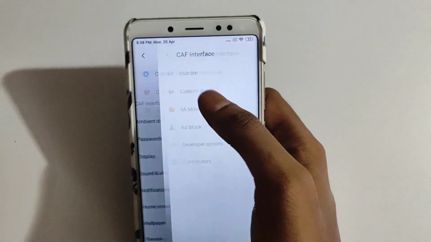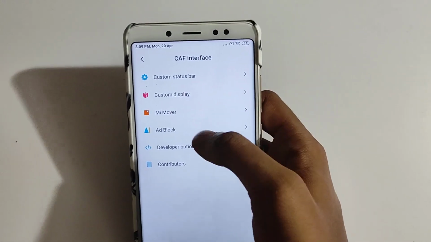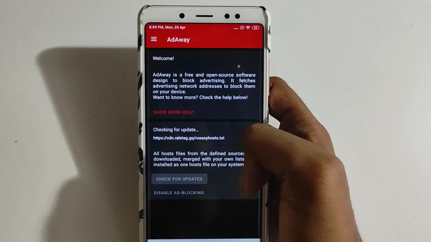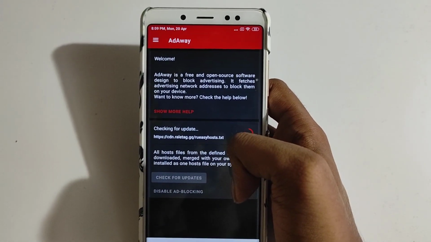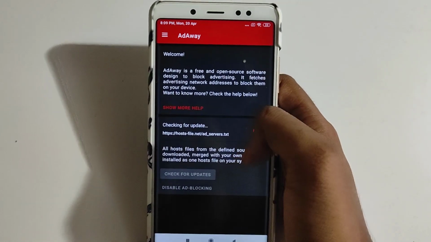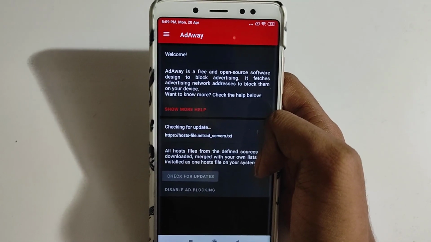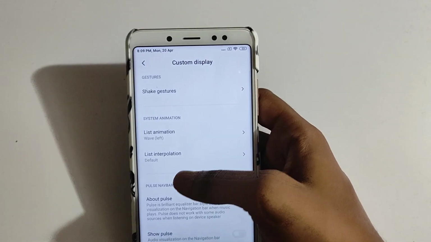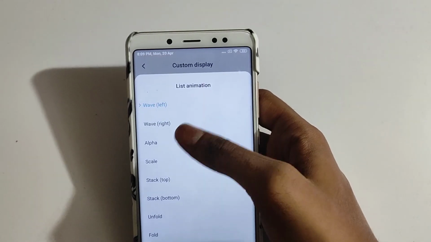Also in the CAF interface you will get options to add block. I would definitely recommend turn this on because MIUI has really ridiculous amount of ad, and it will block this ad away so you won't get any ads on your device. The custom display, you can change the animation.